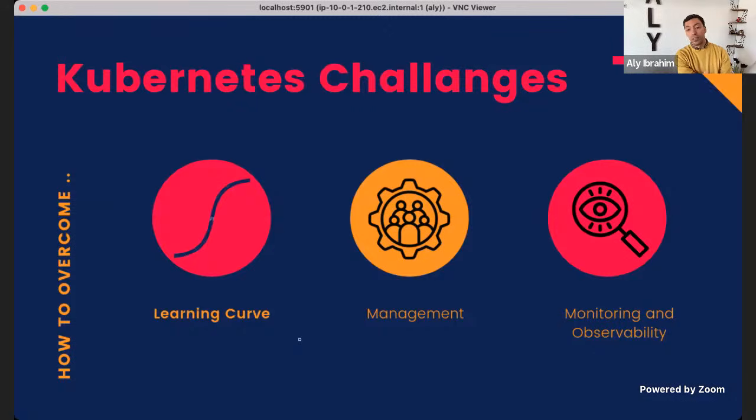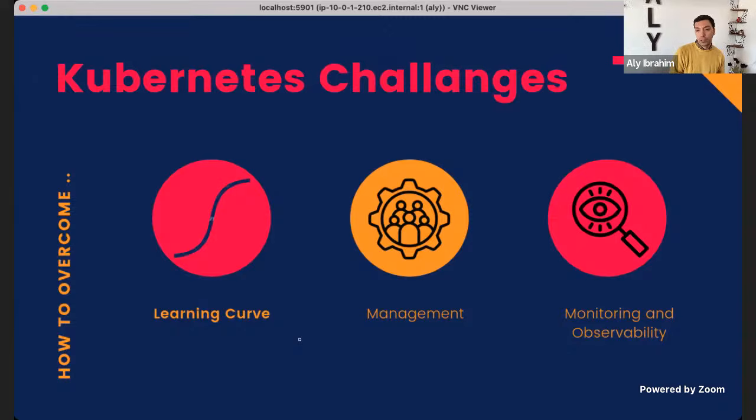And a lot of CRDs, as I mentioned, it's very extensible. So a lot of CRDs and a lot of projects that come and interact with Kubernetes sometimes make it difficult. So the learning curve itself is not easy. And then there is managing it, especially if you're working for a company that's using Kubernetes. They're not just using one cluster, they're using multiple clusters. Being able to manage your work across all these clusters, and for the operations teams to be able to manage those clusters, is one of the challenges, and it gets bigger and bigger over time.